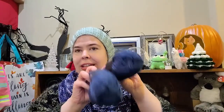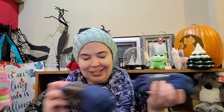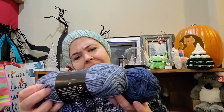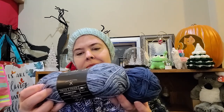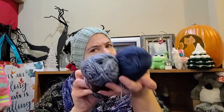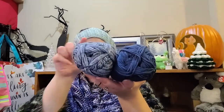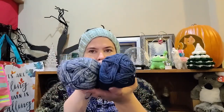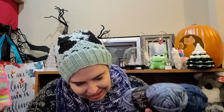So I got 4 of these, and they had a speckled one. This is called Denim Var, V-A-R, maybe variegated? I don't know. But I got 2 of this one and 4 of this one, and I'm thinking about making a shawl because spring, summer, shawl time. And then they also had,